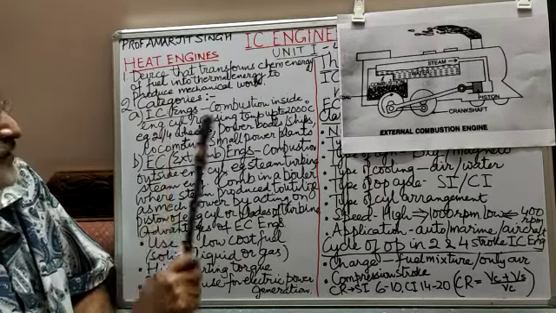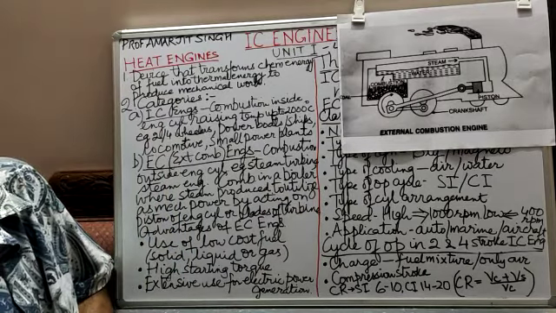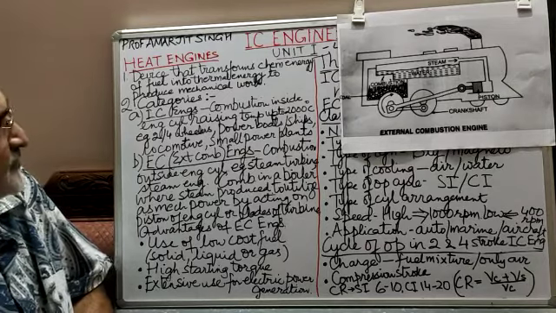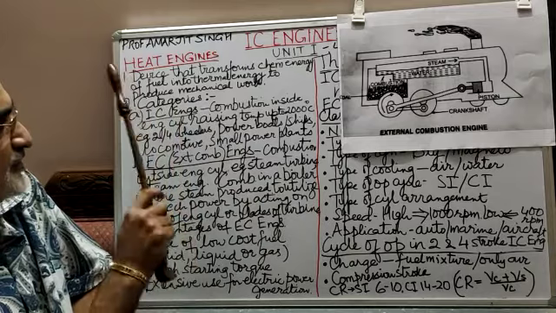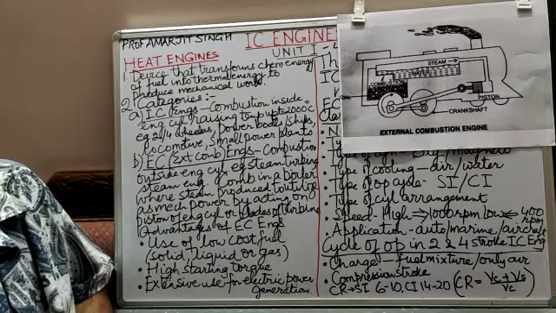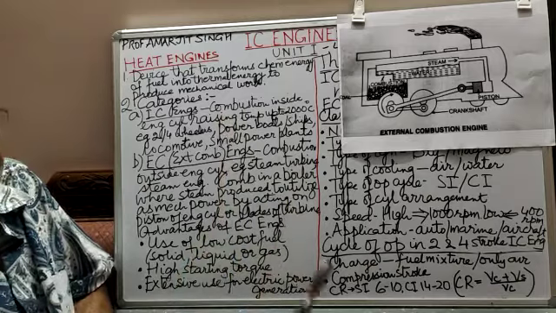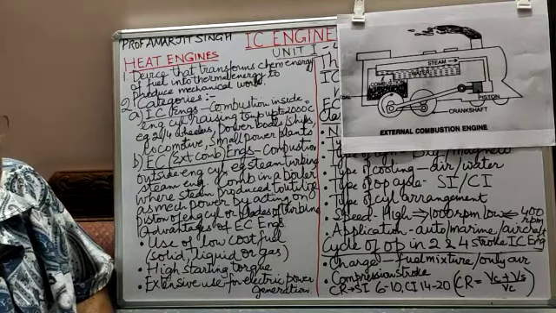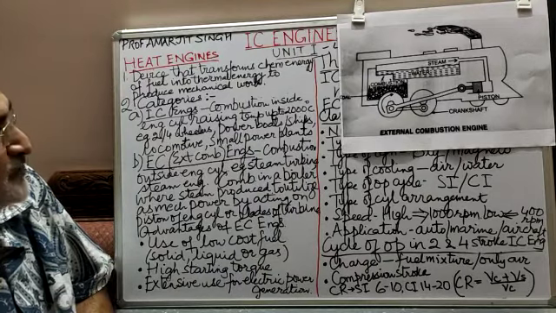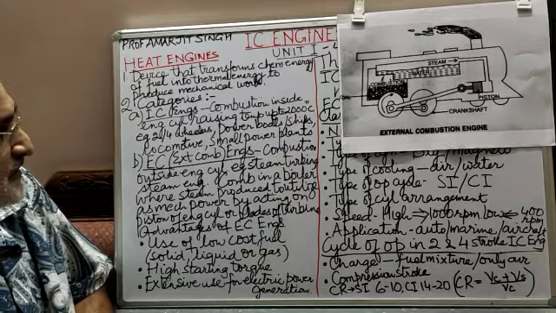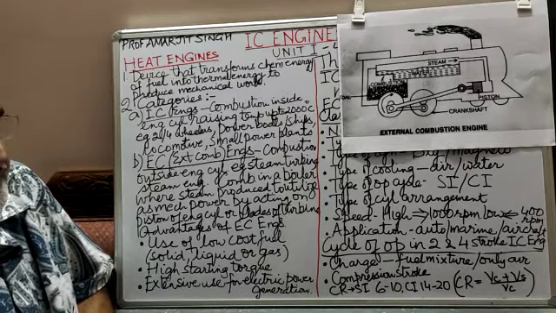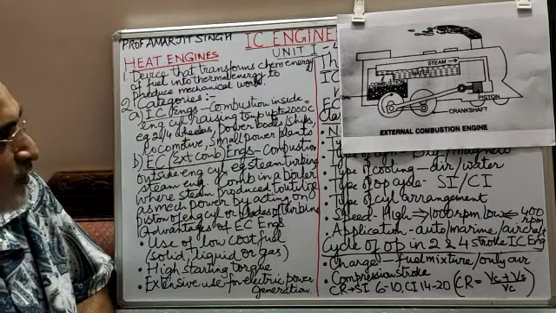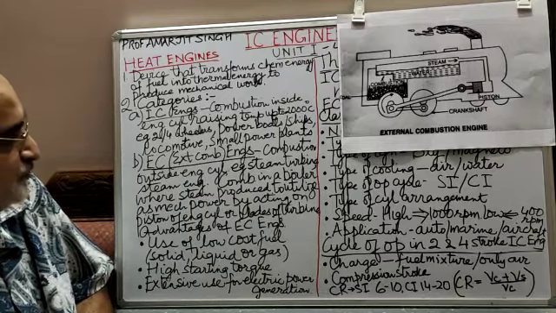Now, what are the categories of heat engines? There are basically two categories of heat engines. The first is the internal combustion engine. As the name suggests, the combustion takes place inside the engine, and during combustion, the temperature can rise up to even 2000 degrees centigrade. The examples you probably know: two-wheelers, four-wheelers, power boats, ships, locomotives, and small power plants.